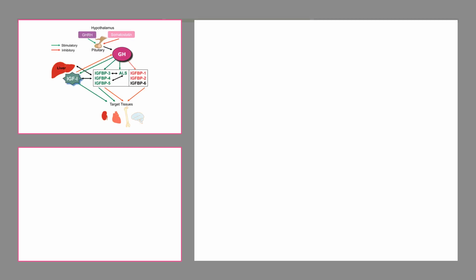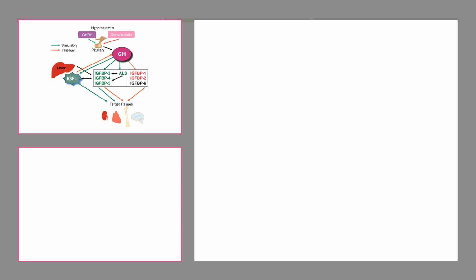Now come to the insulin-like growth factors. So we have seen that there are certain indirect effects of growth hormone. So growth hormone induces the liver to release IGF-1. So this will cause some effects on the target tissues. So the effect of growth hormone on growth, cartilage and protein metabolism depend on an interaction between this growth hormone